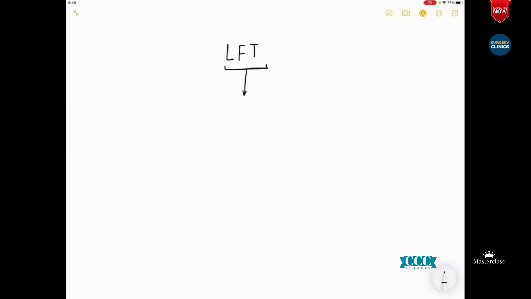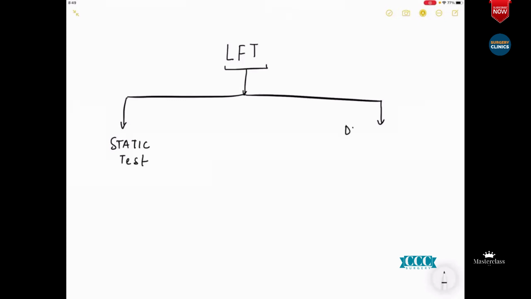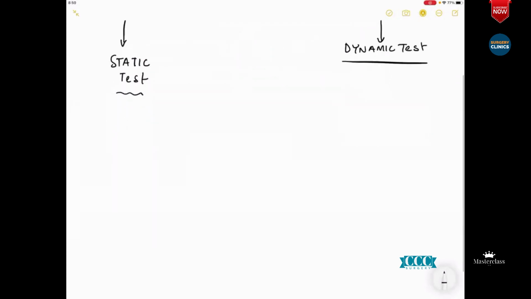A lot has changed regarding our concepts about a liver function test. When we were in medical school, we were taught that the tests he had mentioned, and the majority of them, used to come under something called static tests, whereas the new group of tests done nowadays are called dynamic tests. These are things usually not quoted in conventional textbooks, but these are what we practice every day.